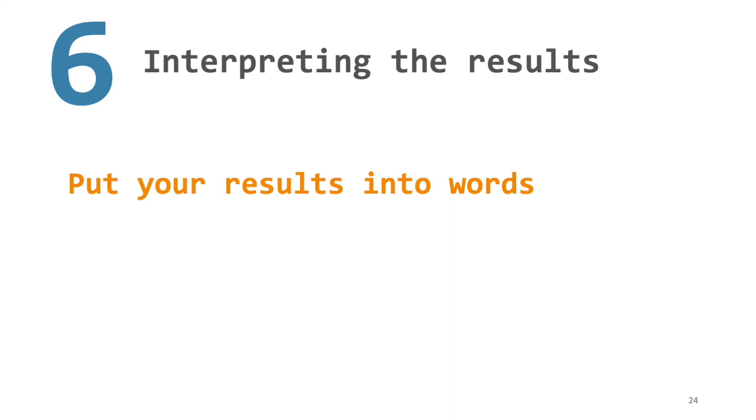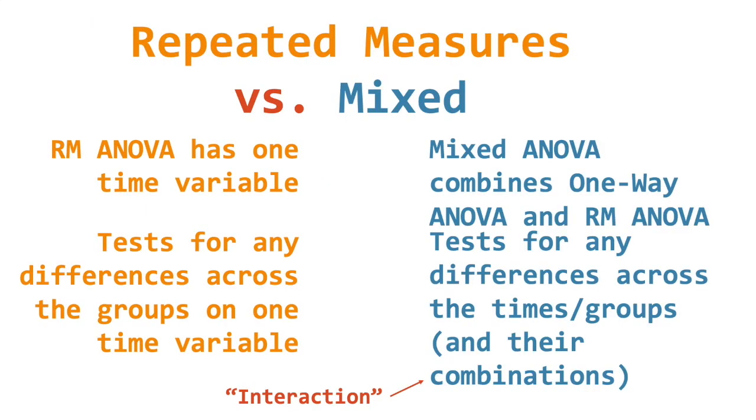We're going to have the same cutoffs we did before with eta squared. And then step 6 is putting your results into words. We'll have a few examples of this in the in-person class. Alright, so that gives you kind of a heads up of what repeated measures ANOVA looks like. It's a lot like the paired samples t-test, but it can handle more time points. It's also a lot like the one-way ANOVA, where you're actually using time instead of